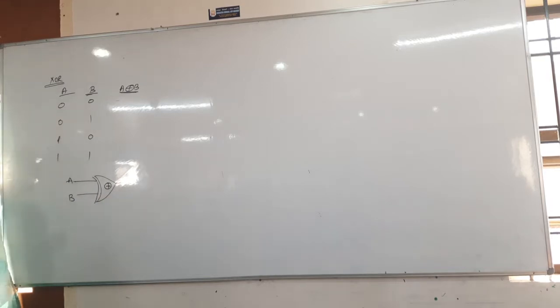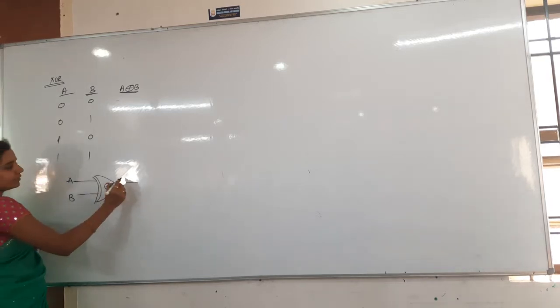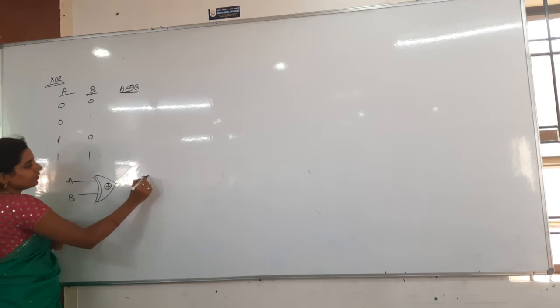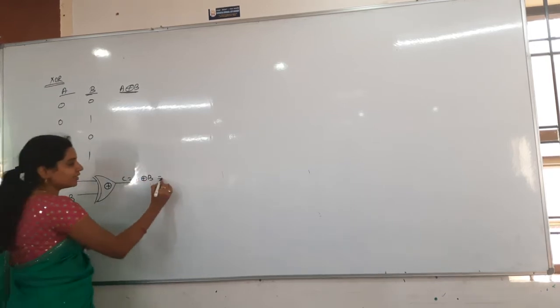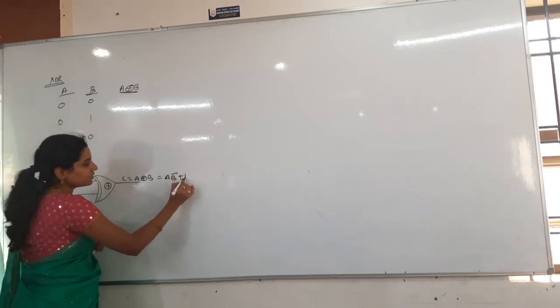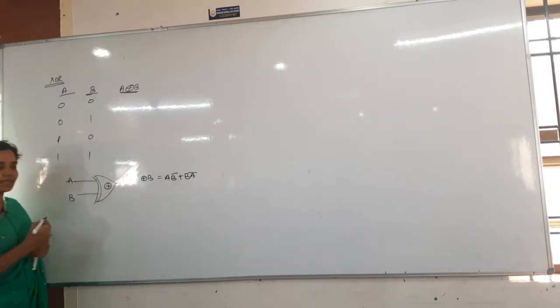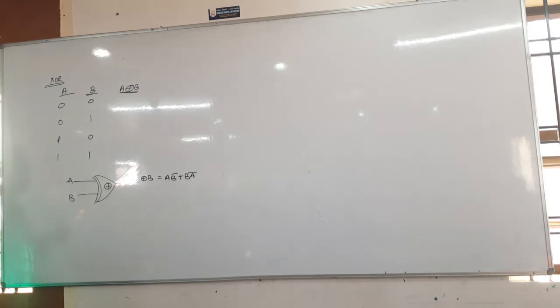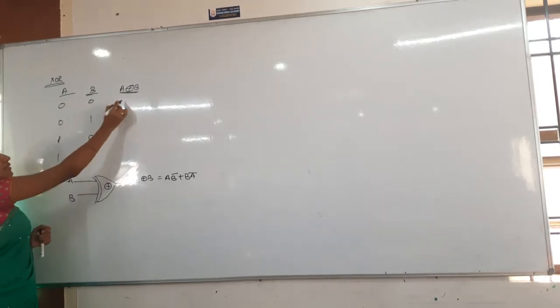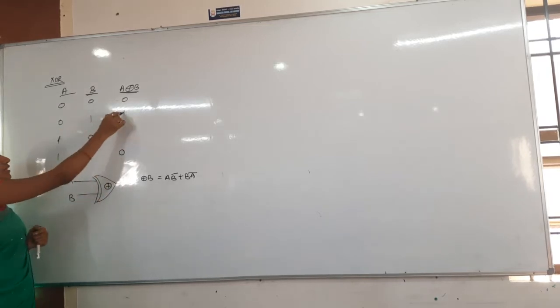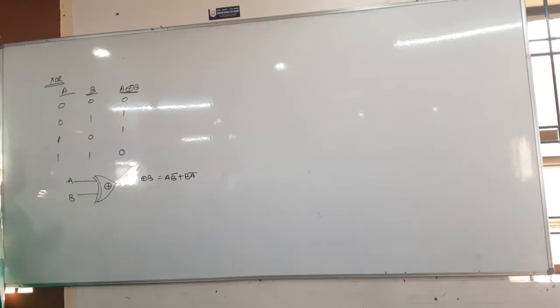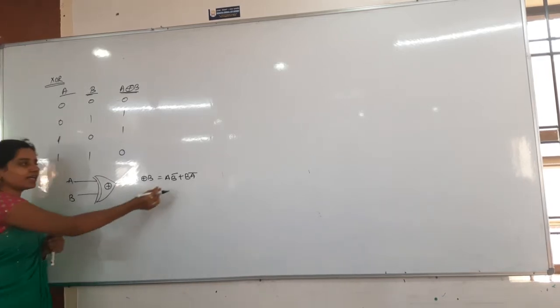A XOR B. So here C is equal to what we have written? A XOR B. I said the expression correctly, that is AB bar plus BA bar. Now whenever you see the truth table, when two like inputs are there, we get 0 as the output. When two unlike inputs are there, we get 1 as the output. Okay, so this is the XOR. So AB bar, I said.